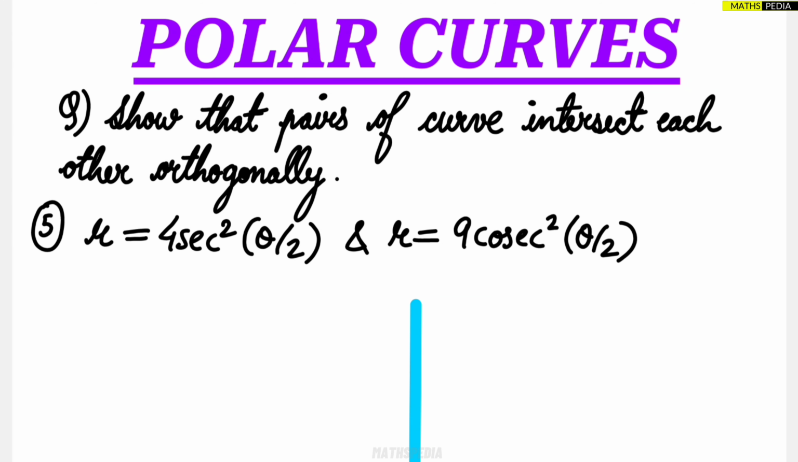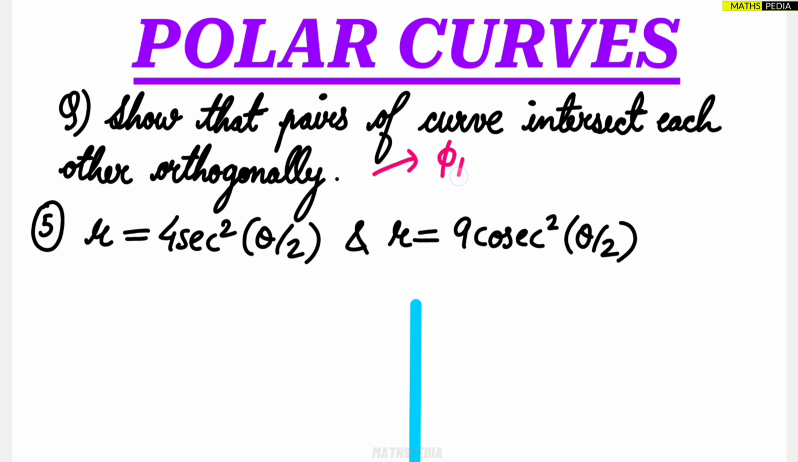So in this video, we are going to deal with the fifth problem. Okay. So here we have got the two polar curves for which we have to show that both the curves intersect each other orthogonally. We are having two methods to prove this orthogonality, in the sense that when we find